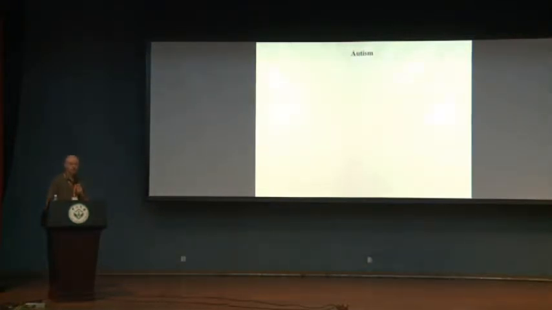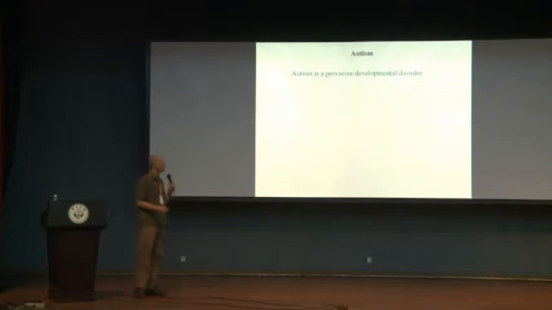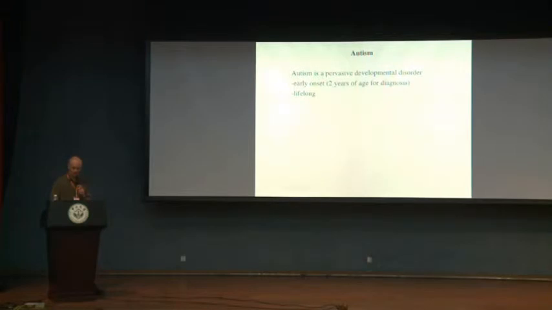Quick background on autism, with which many of you are probably familiar. As you know, this is a psychiatric illness that is a pervasive developmental disorder. Pervasive means that you typically have it lifelong, so you don't grow out of it. Developmental disorder means that it develops fairly early in life. So you aren't typical and then suddenly at age 20 you develop autism. It's diagnosed around age 3 years, but there are some markers already prior to a full psychiatric diagnosis. So it's a pervasive developmental disorder with an early onset, and you have it lifelong.